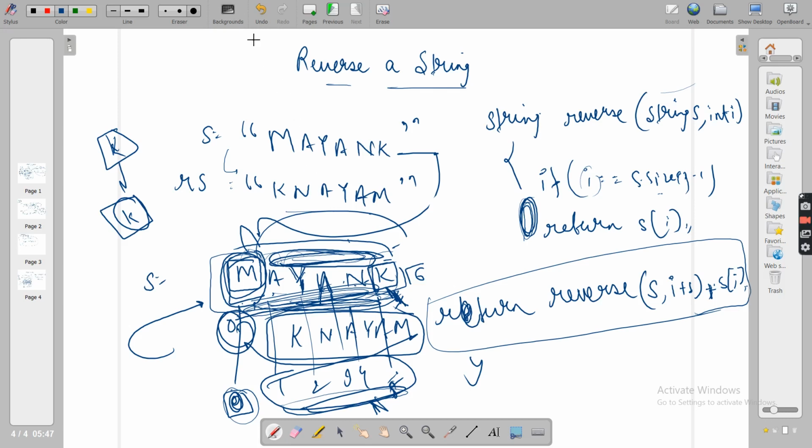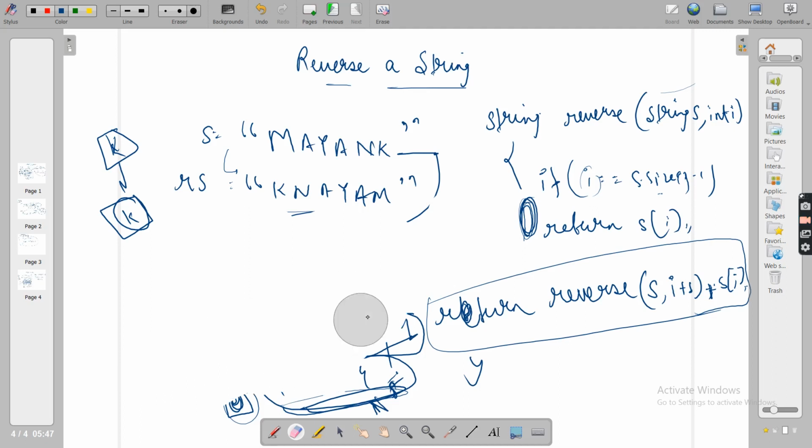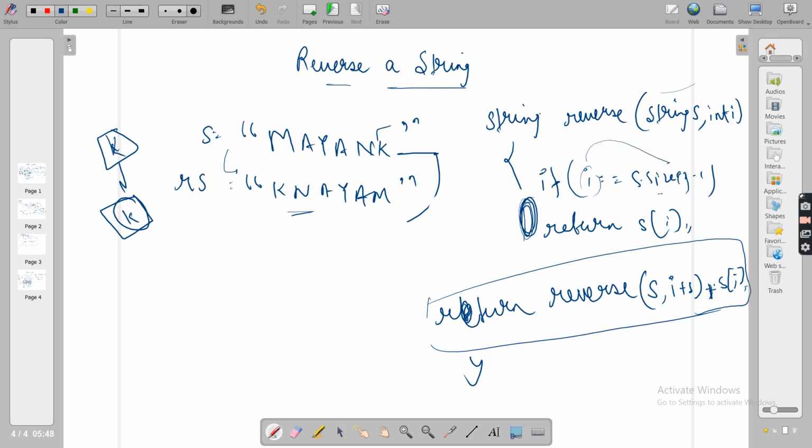Now see, as I said, there can be multiple base conditions. In recursion, at least for writing base conditions, induction step, and hypothesis, the way you think may differ from everyone. So here, what I wrote as a base condition was that as soon as my ith value reaches the final index, I will return this value itself, because after that there is nothing to reverse actually.